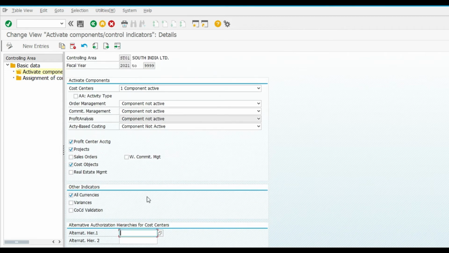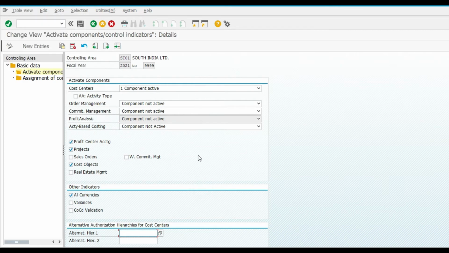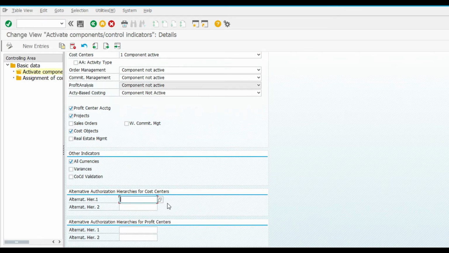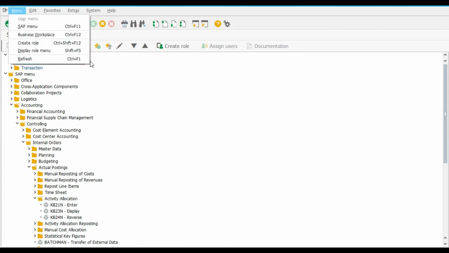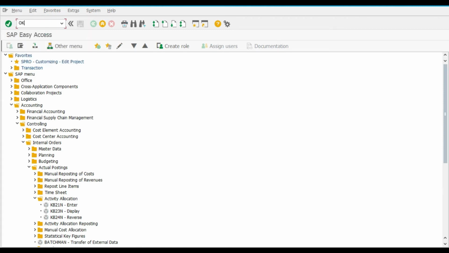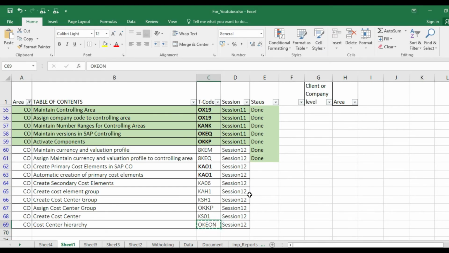We are not going to use it. Before we start the cost center group, we have to create the standard hierarchy. Cost center, that is OKEON. You have not created the standard hierarchy. Why is it not showing? OKEON, it's also not working.